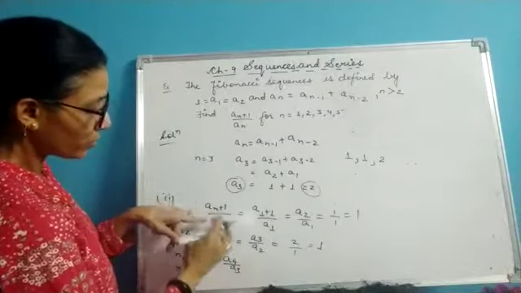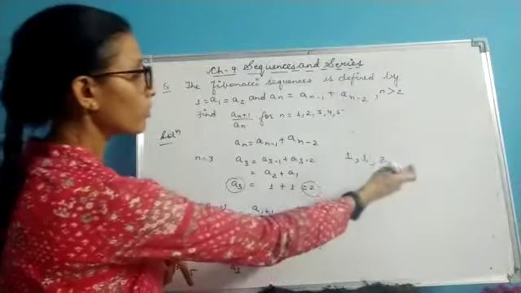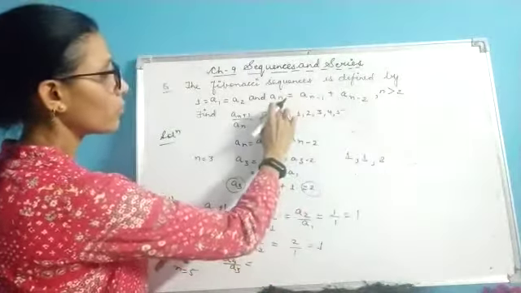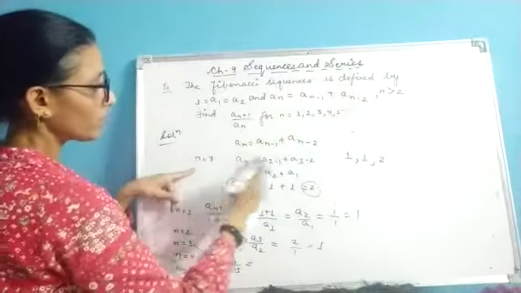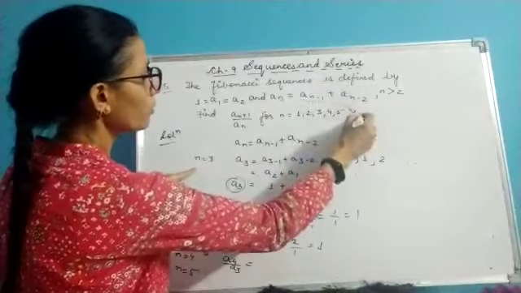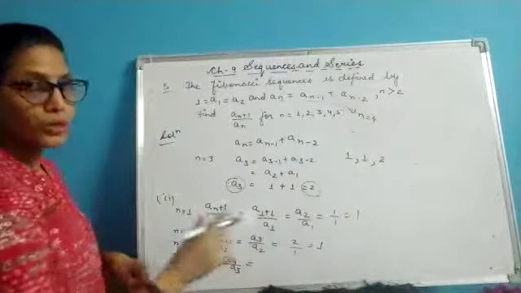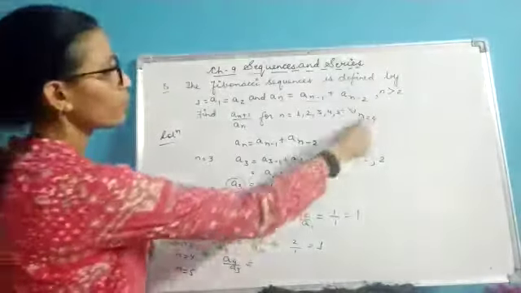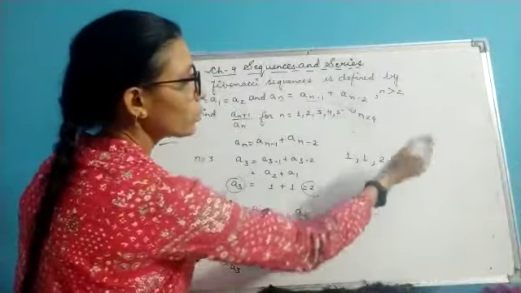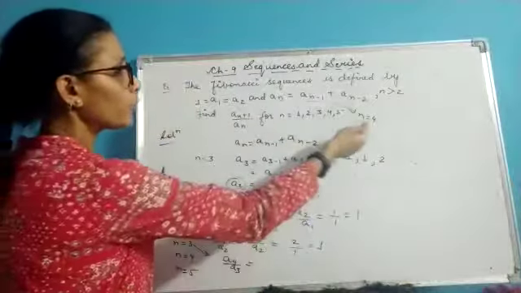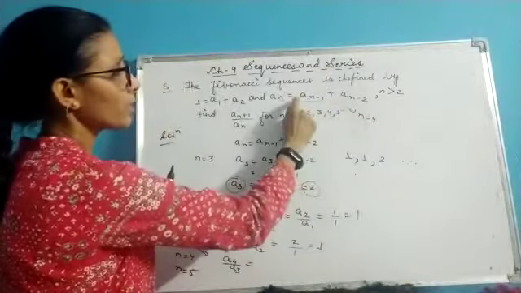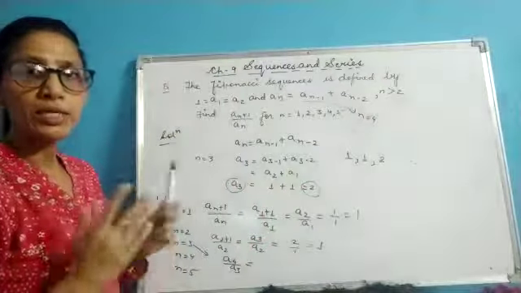I have just put in the value of n. So you need to calculate the fourth term. If you want to find the fourth term here, then you need to put n equal to 4 here and then calculate the fourth term. Put the value here and find out. That means you need to find some more terms of the series by putting n equal to 4, 5 and 6 in this Fibonacci sequence, and then you will get your answer.